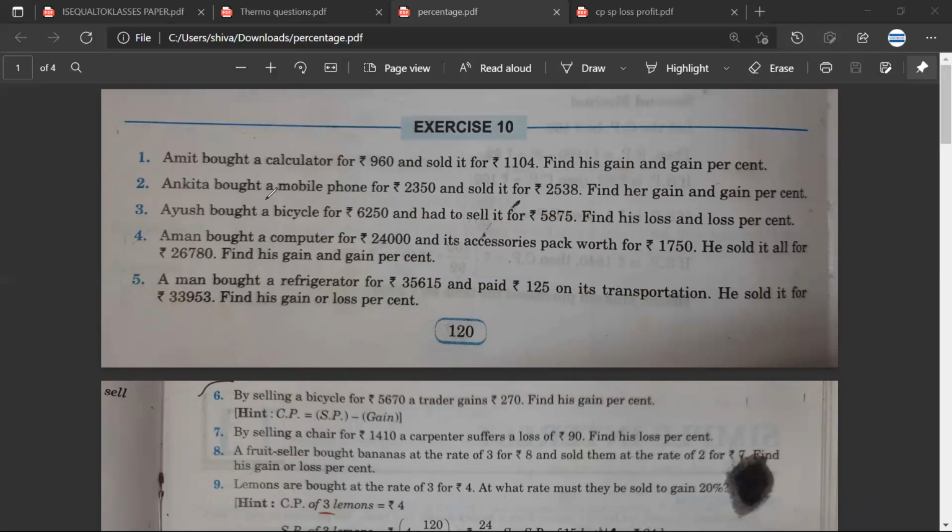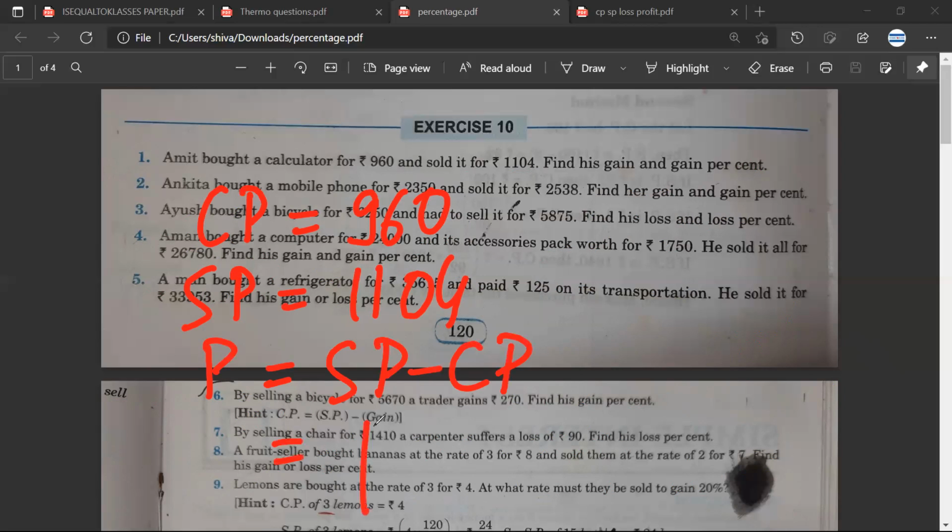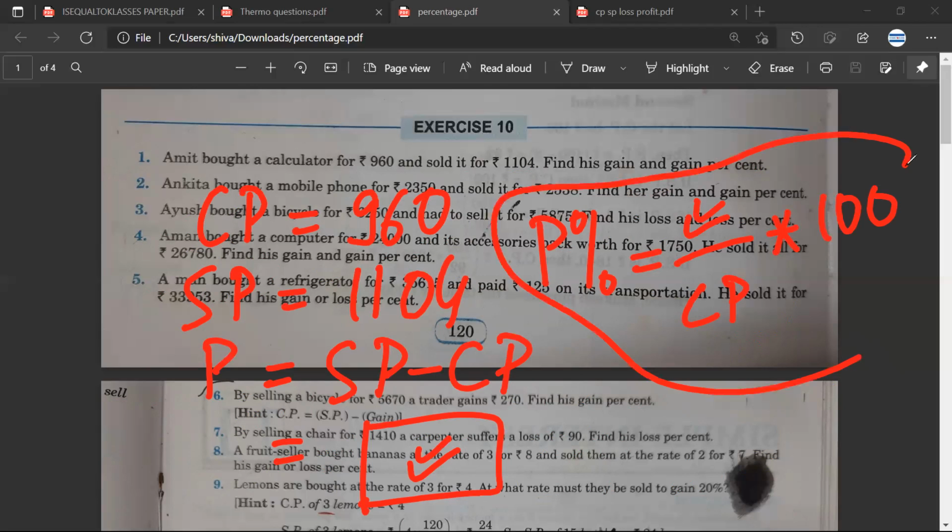Have you understood? So, for example, if I have to teach somebody who is not aware of this method, your method might be correct. But usually, how we teach is that this is the cost price, this is the selling price. How do we find the profit? Profit would be SP minus CP. So I have found the profit, and if I want the profit percent, whatever this amount is, divide by the cost price, I multiply it by 100. Aryaman, have you understood this? Yeah.